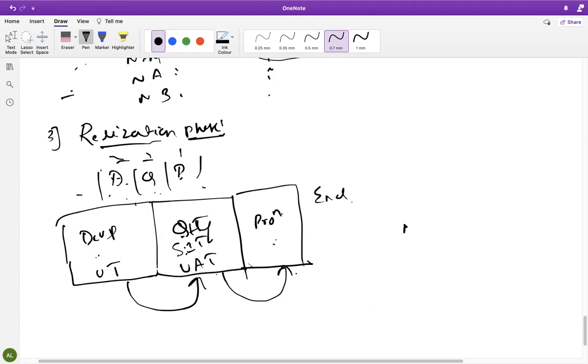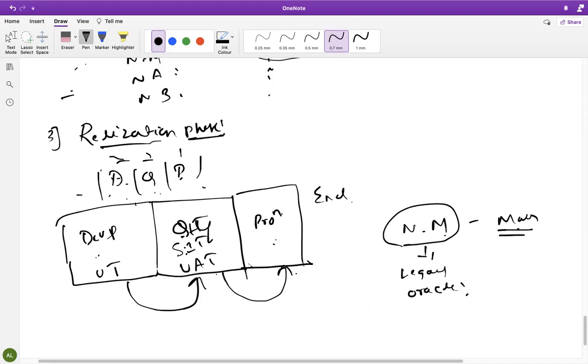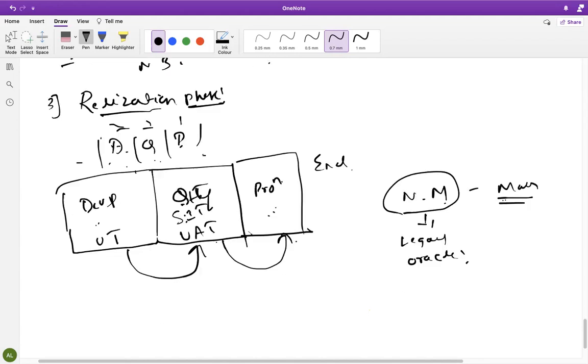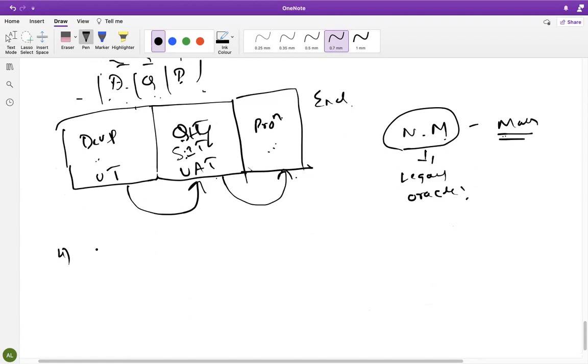So let's say Nandini Milk is using an Oracle legacy system. These people already have materials, multiple materials they are using. All these materials we cannot create in the production server one by one. We have done all the configuration, but how do we upload this mass data into the production server? To upload mass data, we do cutover activities. That is called cutover activities, the final preparation phase. All these things we'll do in the next phase. That is final preparation, the fourth phase.